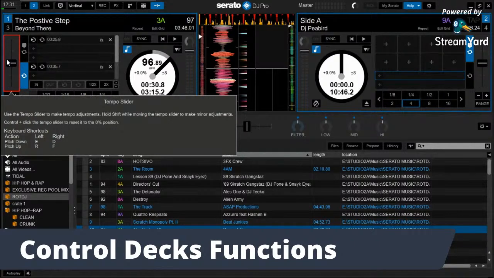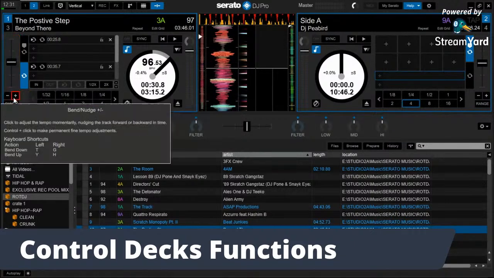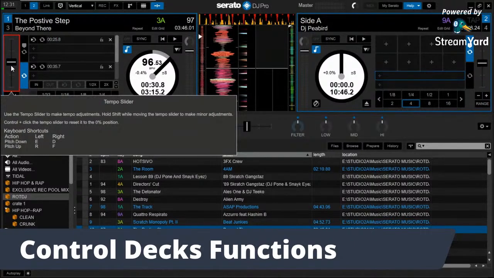The shortcuts for that: for the left deck, E is up, R is down. It should be tempo slot. Okay, that was right. As you can see, my BPM is going up, and now I can get it back to 0. And then the keys right below it,